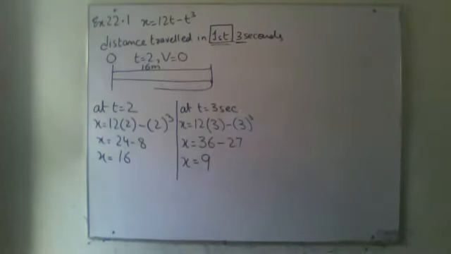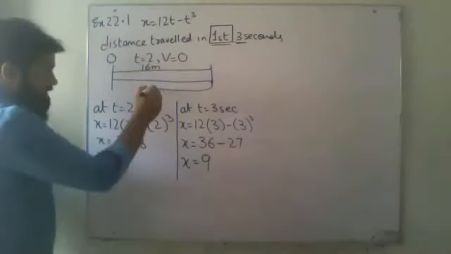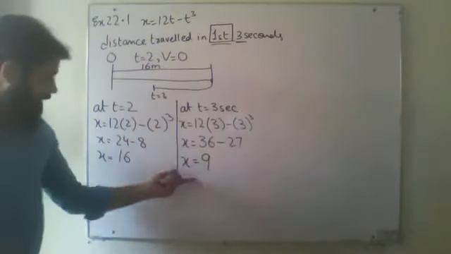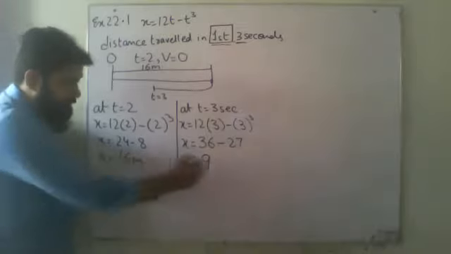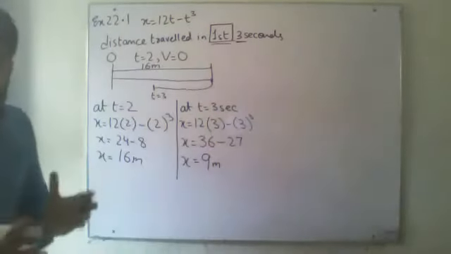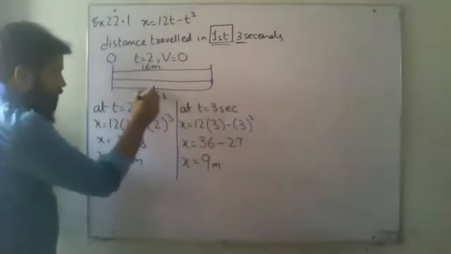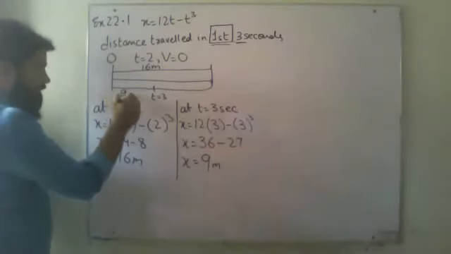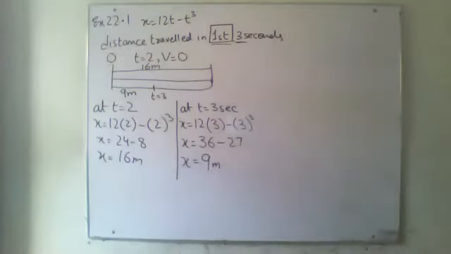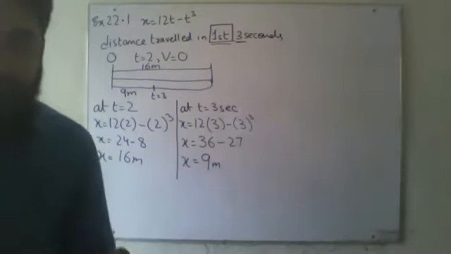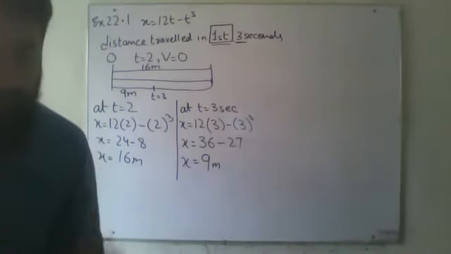This distance, that's the most important point. Again, this is the body at t equals to 3 seconds. When I have calculated, okay, x is coming 9 meter. What does it mean? It means that from the starting point to this point, the distance is 9 meter. The displacement is 9 meter. What have they asked for? They have asked for what is the distance being covered by the body.